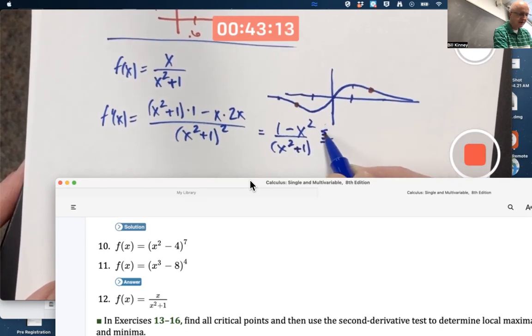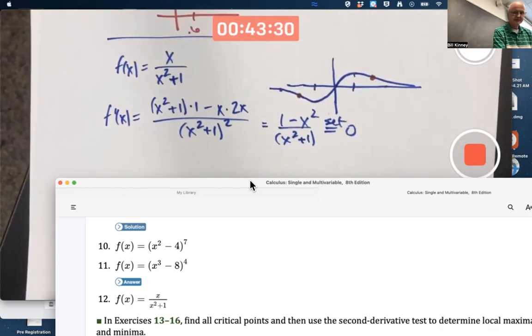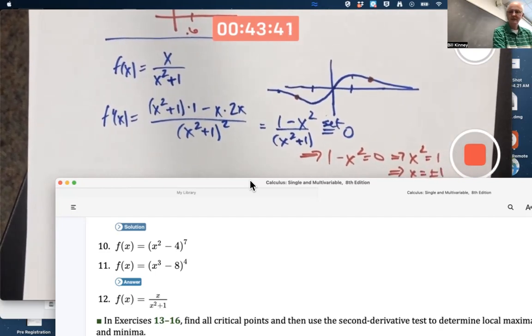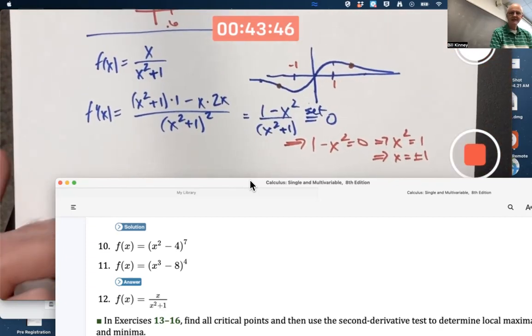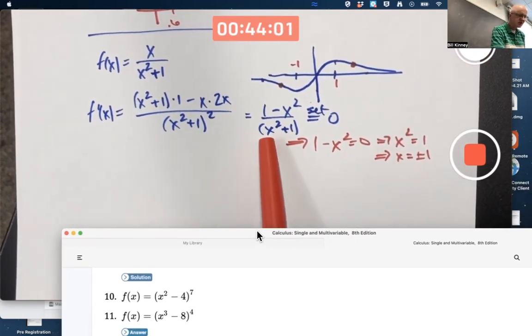If you set this equal to 0 to find the critical points of f, it's not as complicated as it looks. You can just focus on the top, because the only way a fraction is 0 is if the top, the numerator, is 0. So this implies 1 minus x squared is 0, which you can factor, but you can also write like this as x squared equals 1. So x is plus or minus 1. Those are your critical points. Those are going to be these values right here. And I can already see from the picture there's going to be a local max at 1 and a local min at -1. The first derivative will change sign